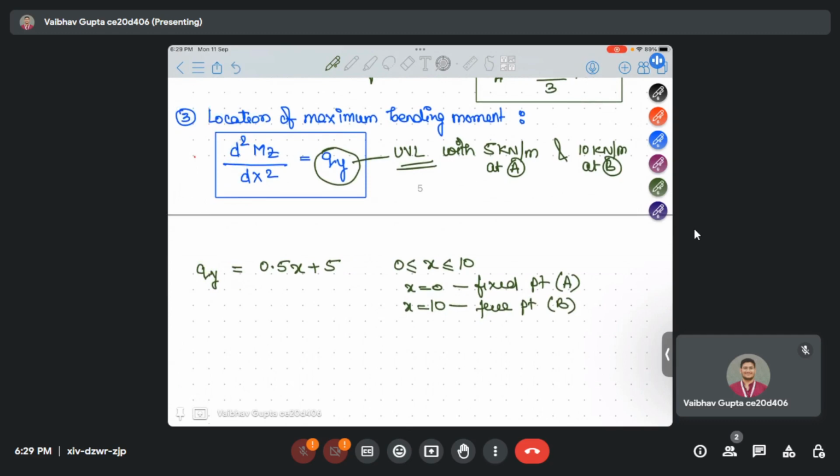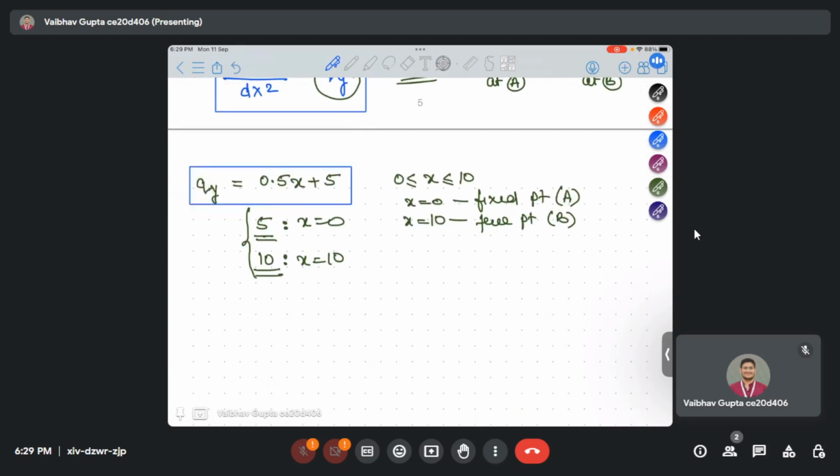So you can check with this expression. When I put x equal to 0, we'll get 5, and if I put x equal to 10, I will get 10. It is linearly varying from point A to point B. So Qy will be 5 at x equal to 0, and Qy will be 10 when x equal to 10, which is at point B. So hence the expression of Qy will be like this. Okay,